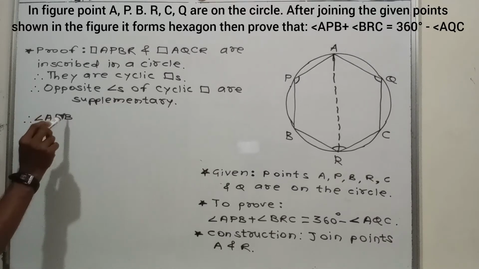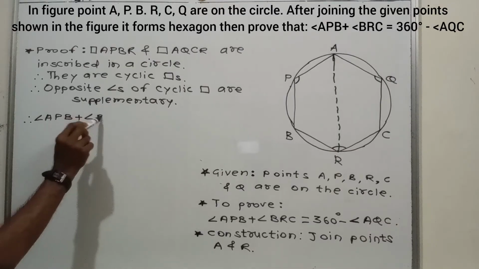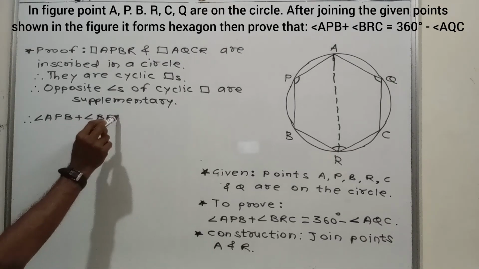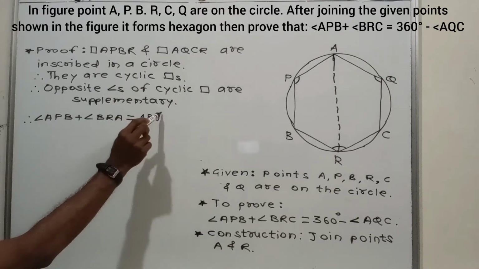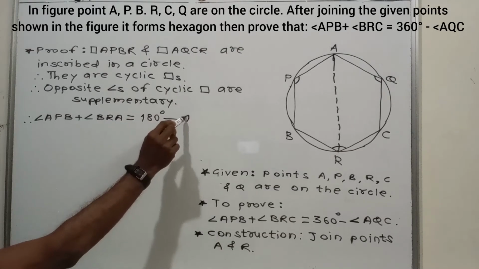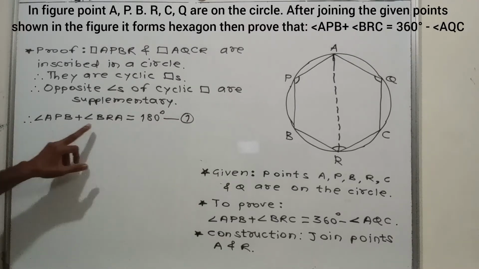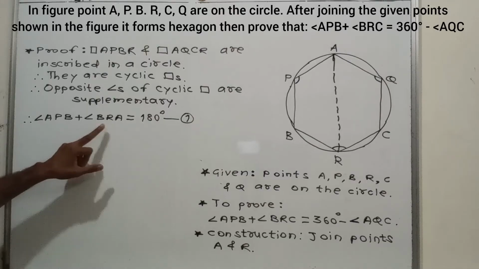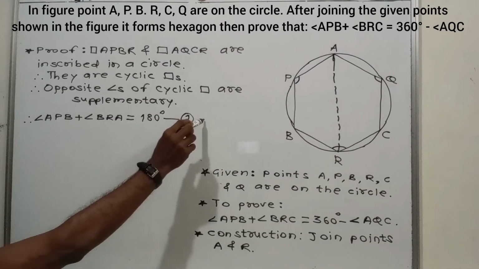APB plus angle BRA is equal to supplementary, means sum is 180 degree. Angle APB plus angle BRA is equal to 180 degree. Did you get it? And